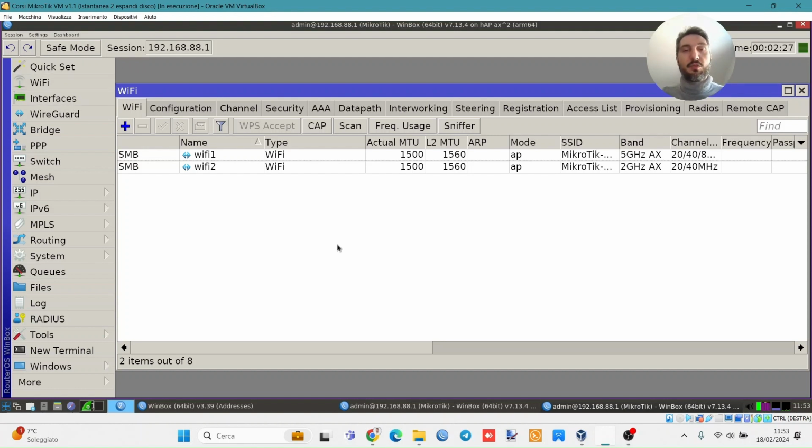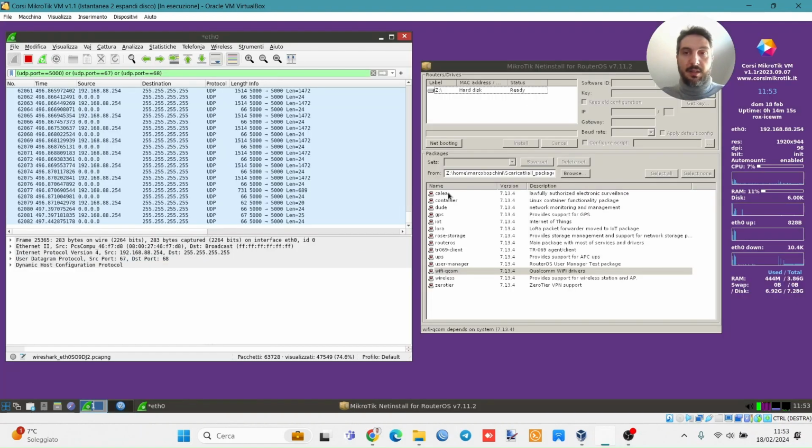Okay, if you restart from Netinstall and you cannot keep all the configuration, you restart from the default, from the out-of-the-box router situation. Okay,